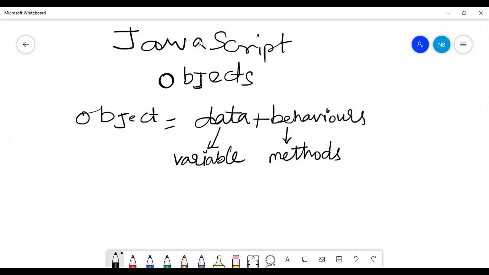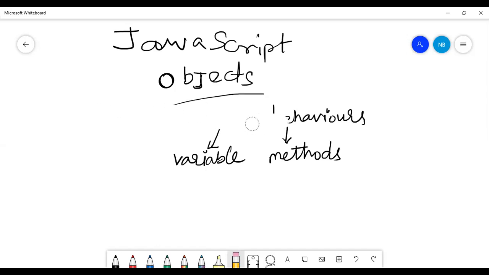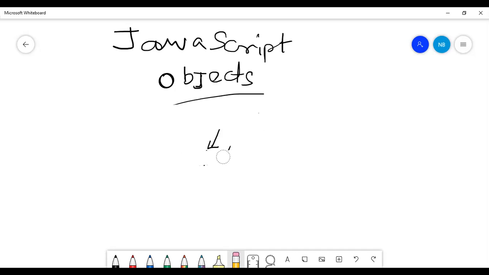Okay, so according to JavaScript, objects can be defined in such a way that they are used in the form of elements, and most of the HTML elements will be accessed using the name of objects.